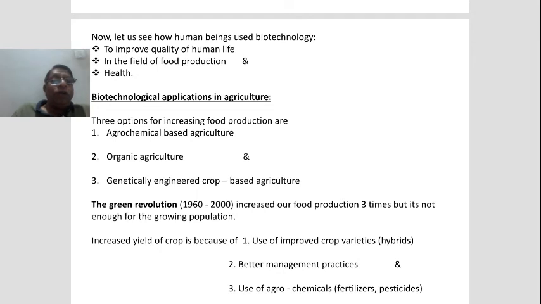Agrochemicals are used in modern agriculture. Agrochemicals means mainly the fertilizers are used. That is,